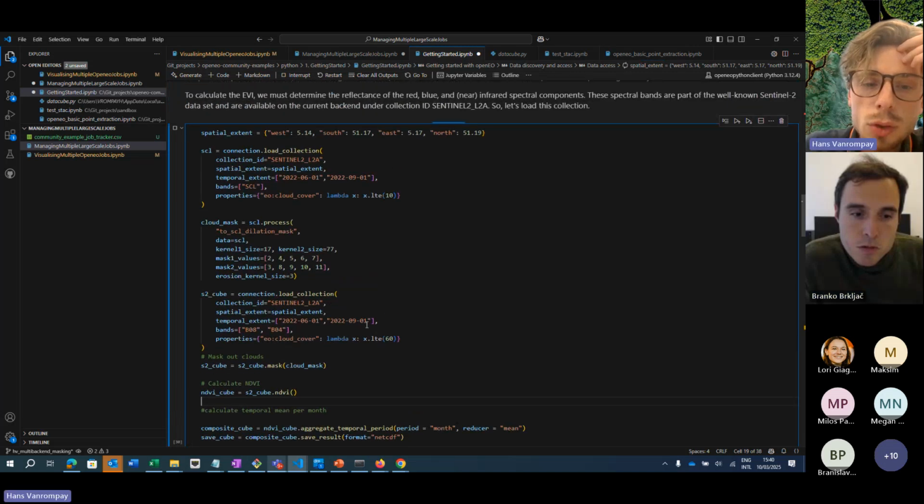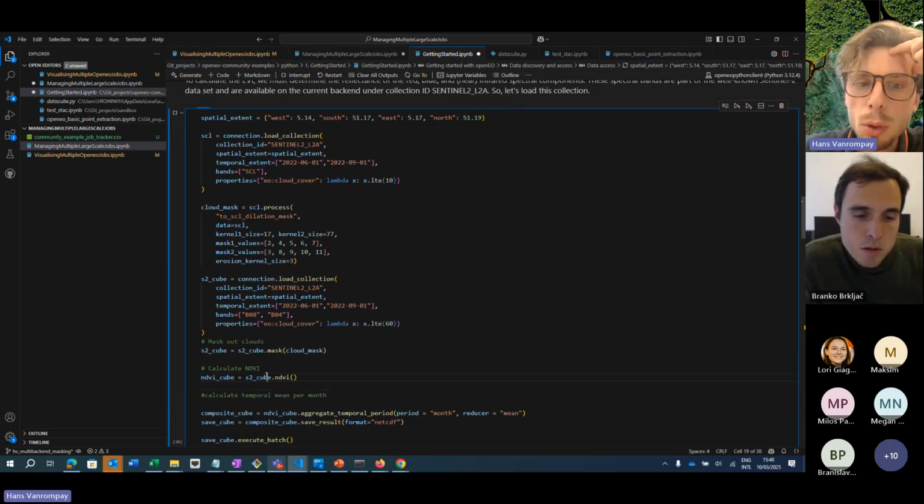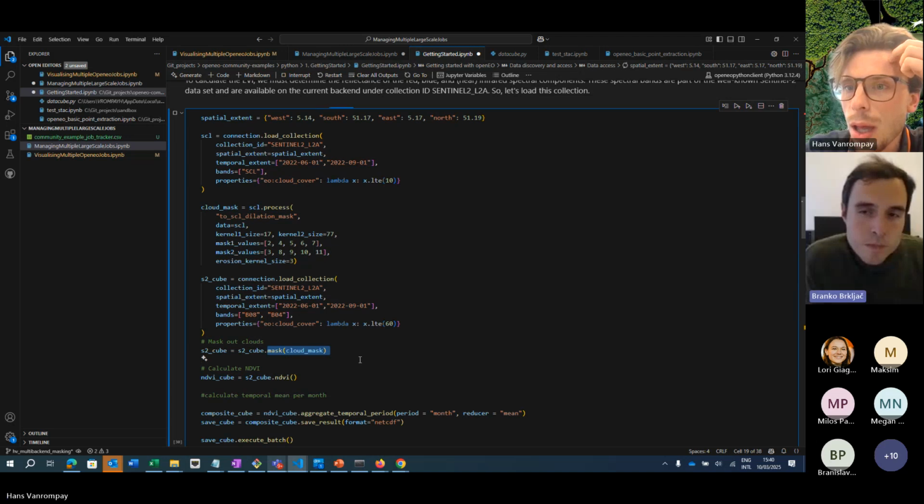So in this case, the openEO process is going to be aware. So openEO is smart that way. It does realize that it doesn't need to process masked data. It can be if you load in data